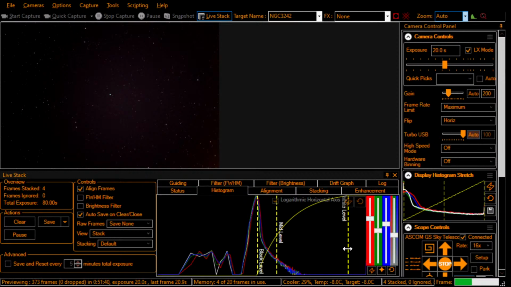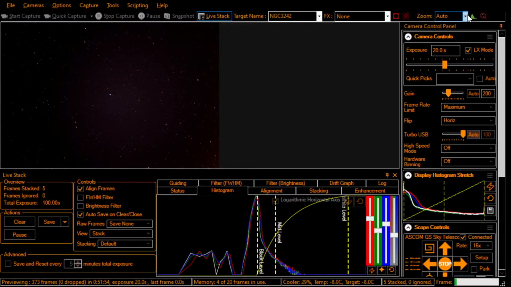I'm going to make sure our whites aren't clipping, and they're not. And then our mids actually look okay. We have 4 frames that are stacked and none that are being ignored this time. So let's watch that a little bit more closely this time. And let's go ahead and zoom in a little bit and see what this